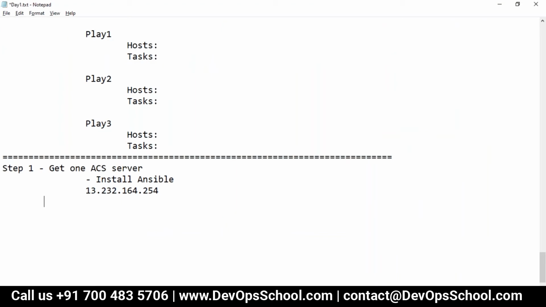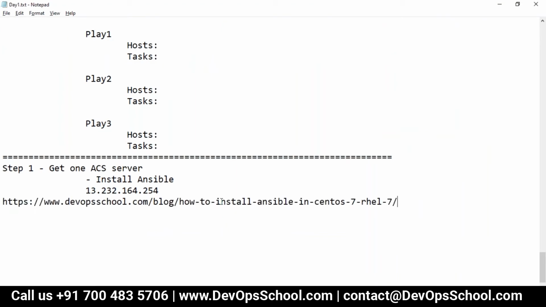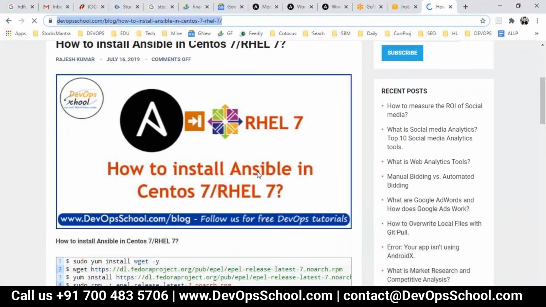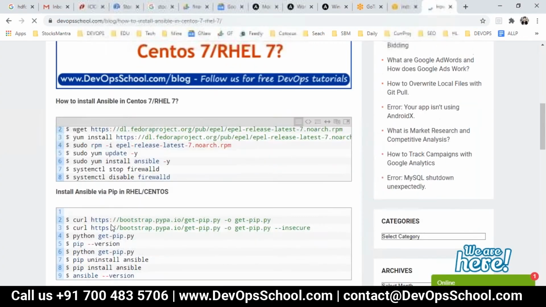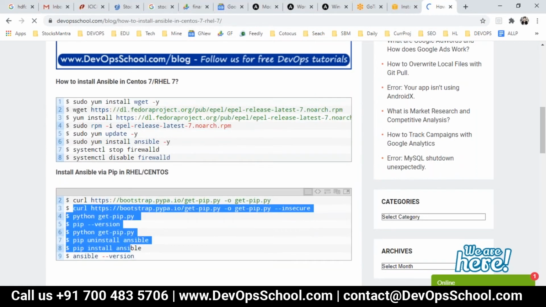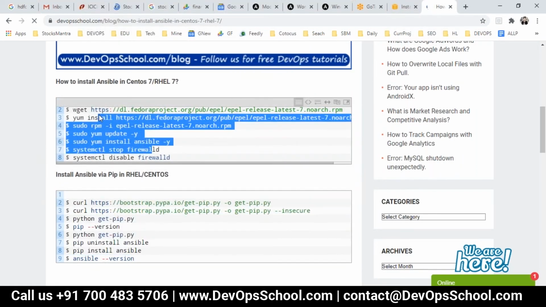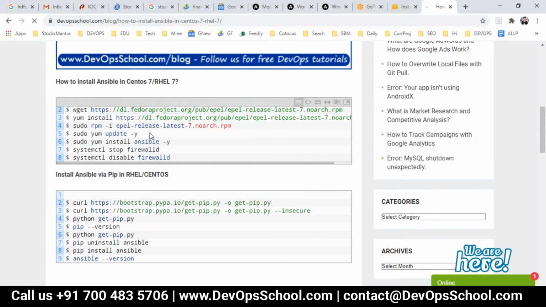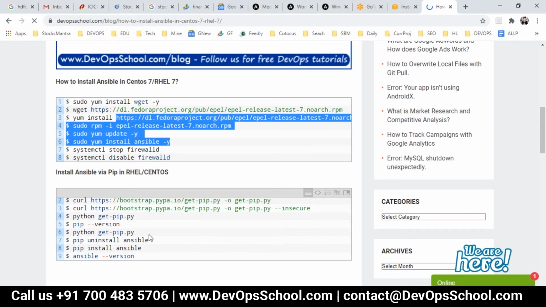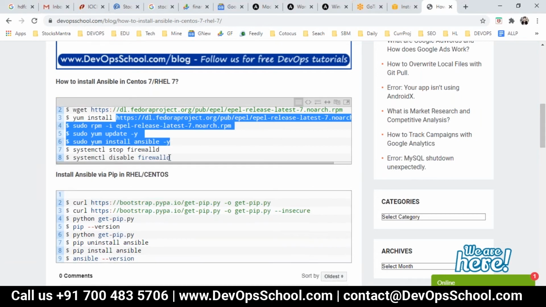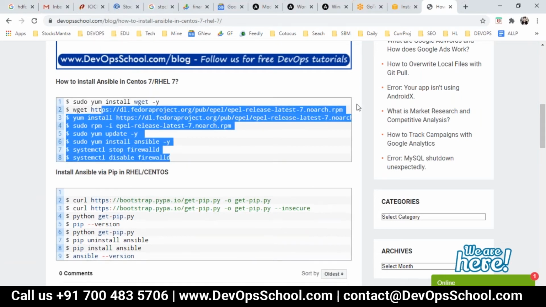Here it is. Now the same URL I'm following in front of you, and I go to this one, and these are the instructions. So you can follow. You can use this one also for pip, this one as yum, whichever way you're comfortable. Typically I do it through yum only, that's easier in CentOS. For pip, you need to have Python and get-pip and all that installed. Anyways, nowadays all Linux flavors come with Python 2.x, so that's not a problem. Now I'll follow this instruction in front of you.